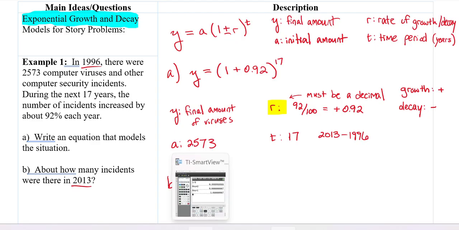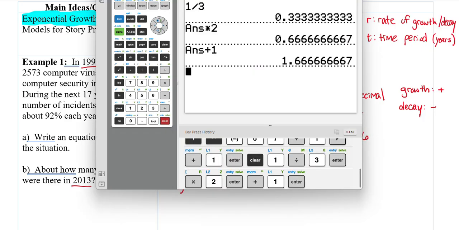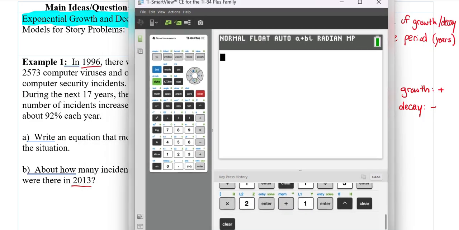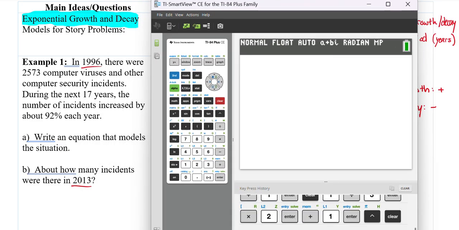And the best way to do this is use your TI-84 calculator. This is just plug in the numbers, throw it in the calculator, press enter, and we'll see what we get. So let me move this a little bit here. So what we have to do is, based off of our formula,